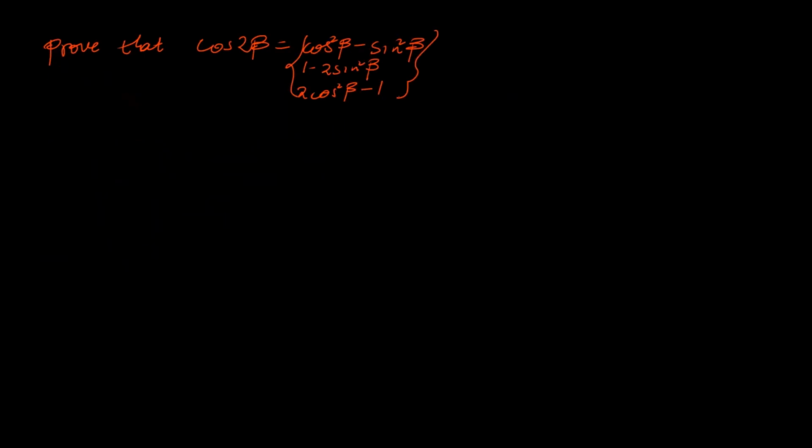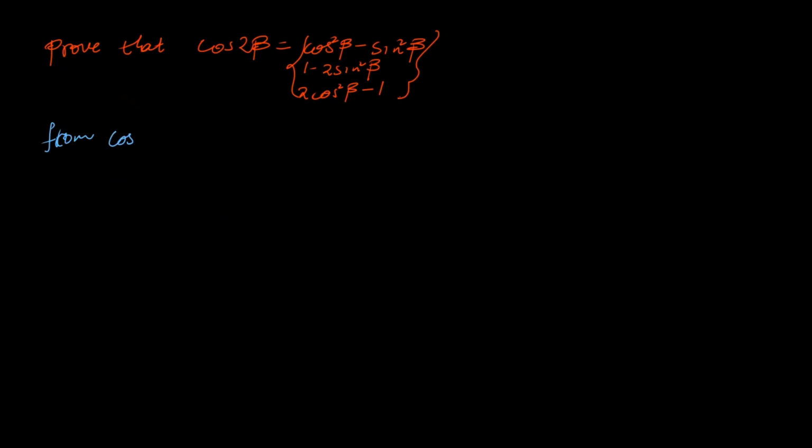We have cos 2 beta is equal to either cos squared beta minus sine squared beta, or 1 minus 2 sine squared beta, or 2 cos squared beta minus 1. So let's start. The first one, in dealing with the first problem, this is how we do it. You just say, from that which we know,